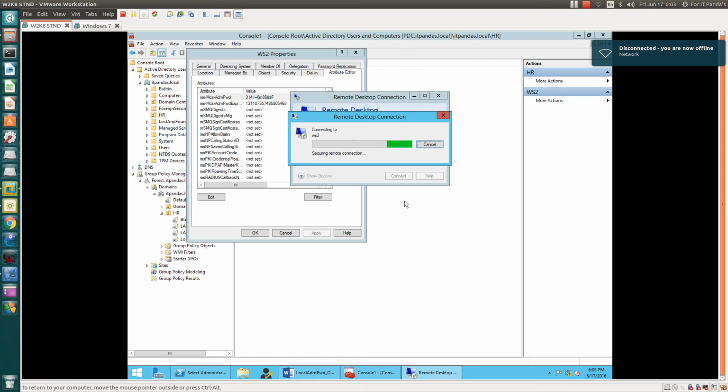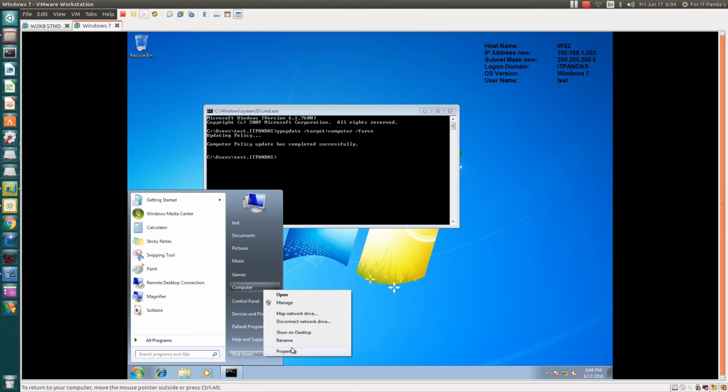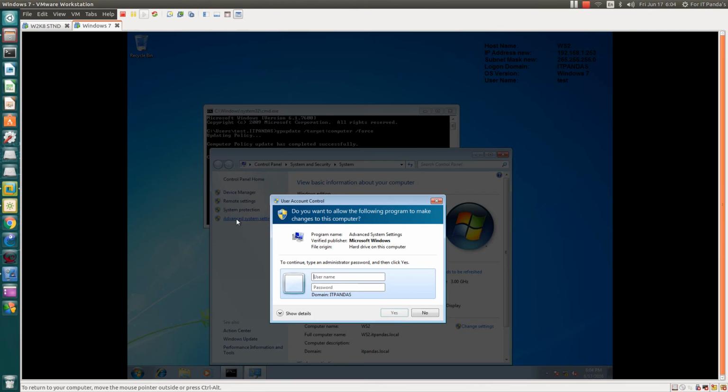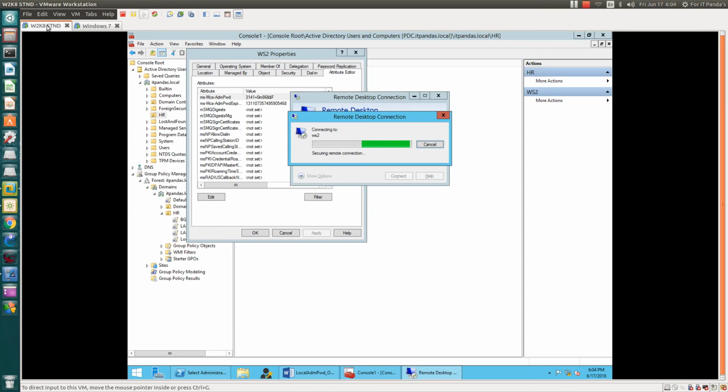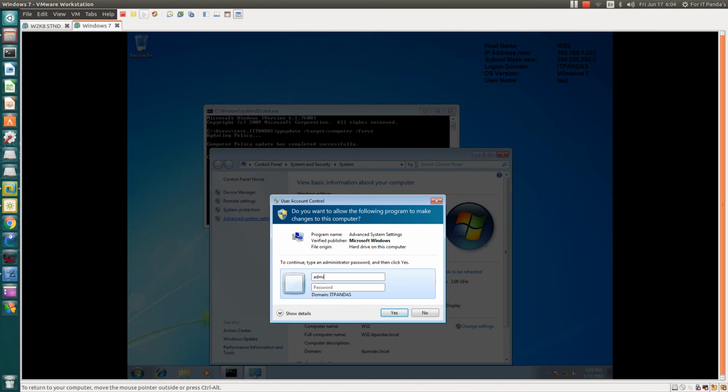Normally it does, if you have experience when you take remote desktop. In the meantime, let's check whether the computer is allowed to take remote connections. Let's type the administrator account password here.